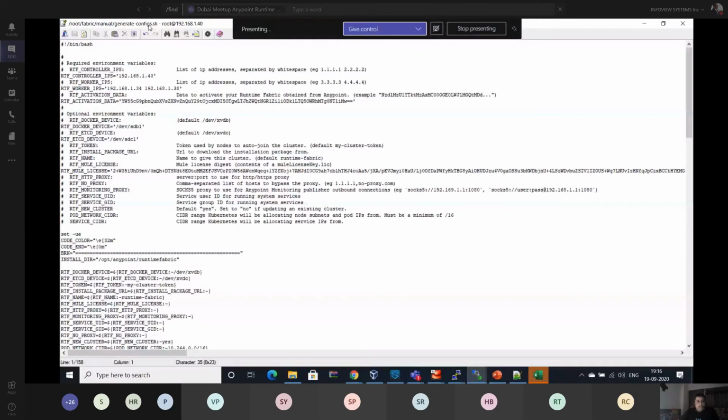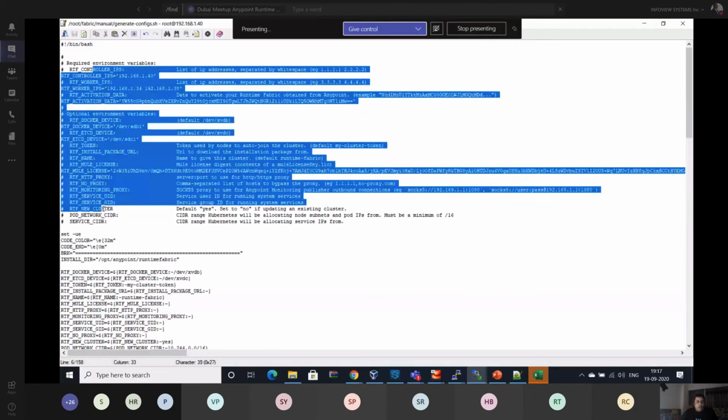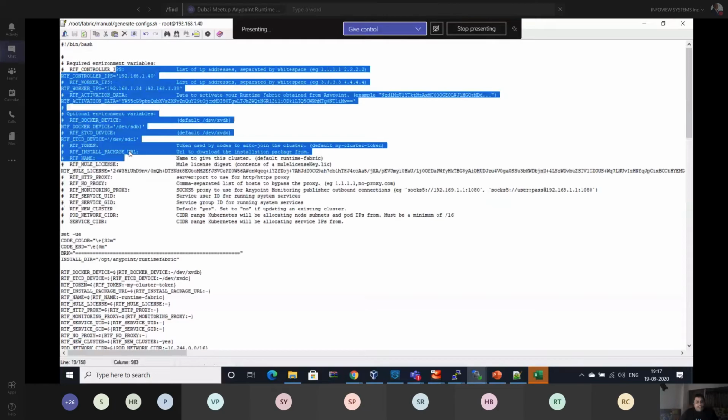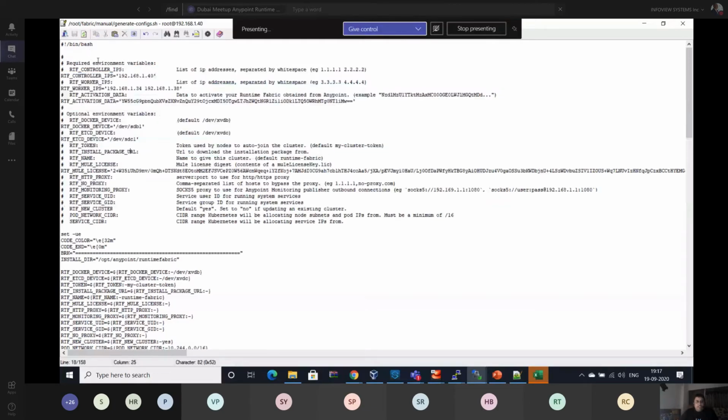Okay, this is the general config file. You can see that I have configured the controller. This server will work as a controller. This is just a configuration file, nothing else. I have just copied it into my controller. It's not required to copy it into the controller, because this bash file only creates output instead of installing anything. I have mentioned this IP is going to be my controller, and these 2 IPs are going to be my workers. You can add more IPs.